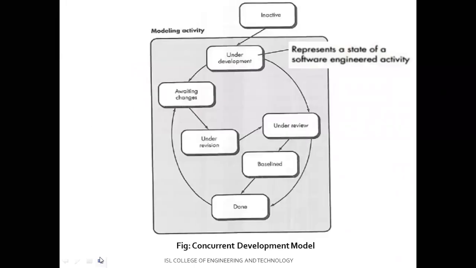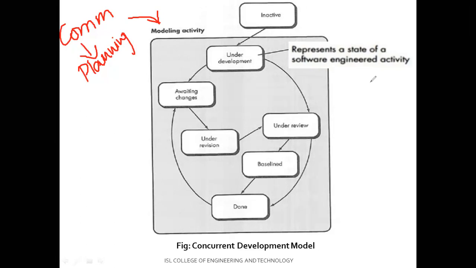Now, within this concurrent development model, you're going to follow the same communication, planning, modeling, construction, deployment tasks. You've got the communication, then you've got planning, then you've got the modeling phase. Within the modeling activity, these rectangle-like structures in this diagram represent the state of the software engineering activity, that is, in which particular state the software that you're developing is in. We are supposing that communication has been completed and planning is completed. Now you're within the